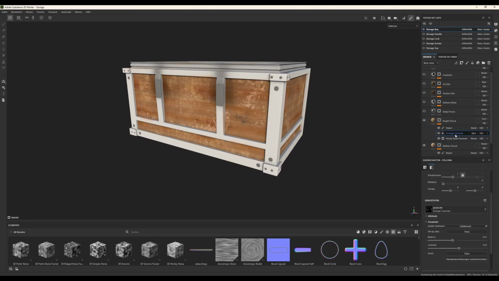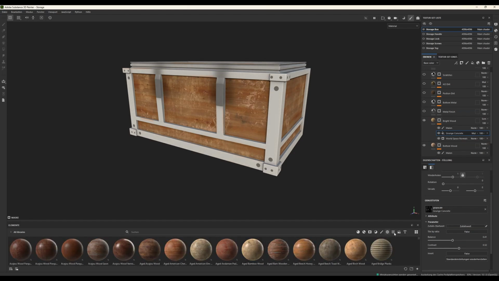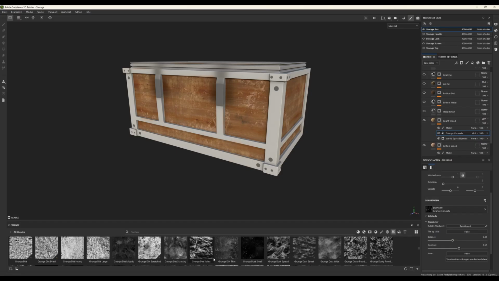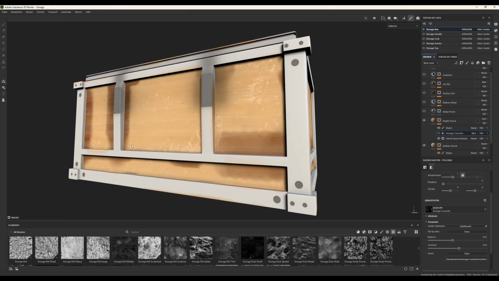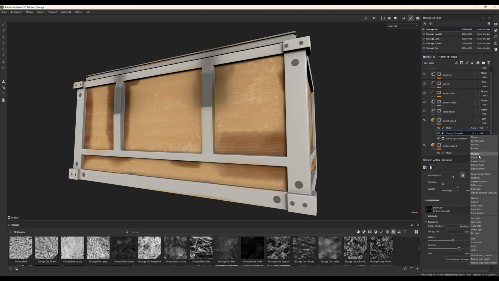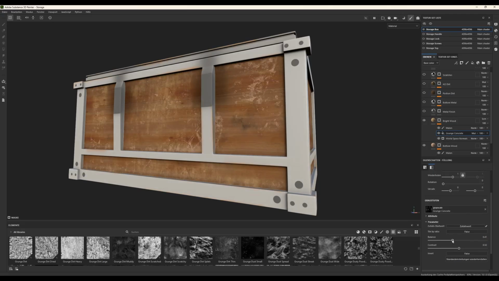Then I just added another grunge map, so you can just go to textures here. Textures, sorry, not material, textures. Then you can scroll down and look for a grunge, dirt, grunge map, something interesting. You can just drag it on top of your world space normal generator, and then change from normal to multiply. The reason why we do that, look at this. If I just disable this grunge map, which is multiplied, you can see how flat and soft this is. It's really boring, it doesn't look natural. If you add another grunge map on top of your generator or smart mask, and you choose multiply, then basically you see,